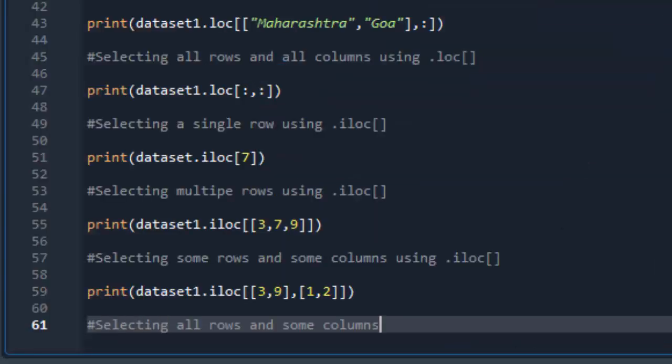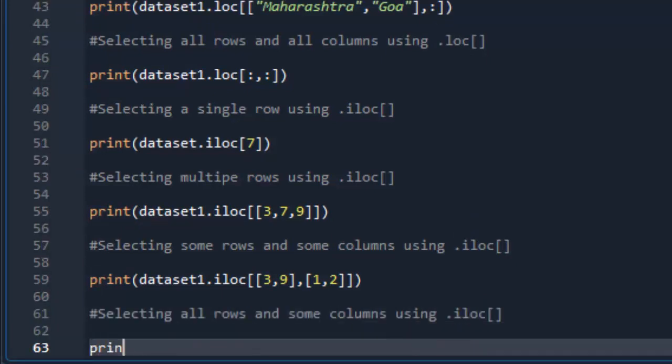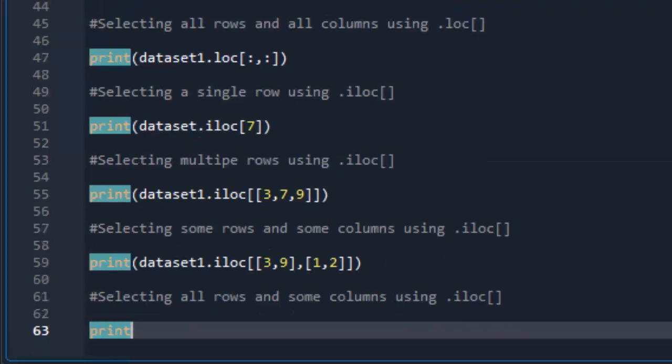Now the next example is selecting all rows and some columns using .iloc. As in the previous case, we have already seen that if we want to show all rows, we use a colon. So just type print in bracket dataset1 or dataset, any variable you can take, .iloc.